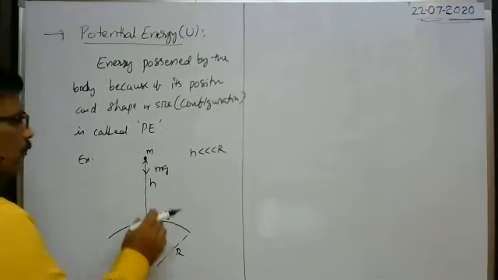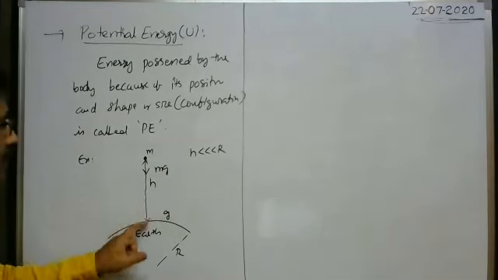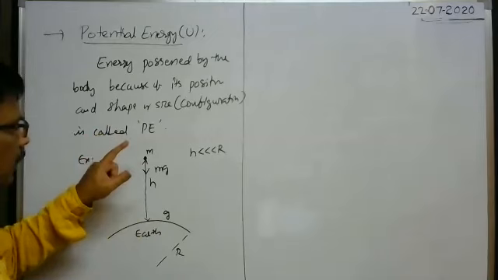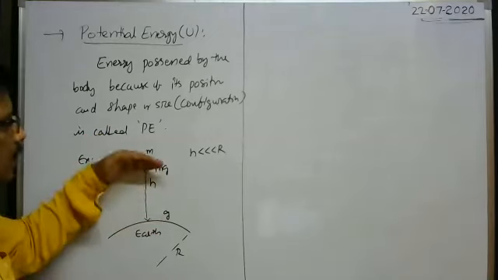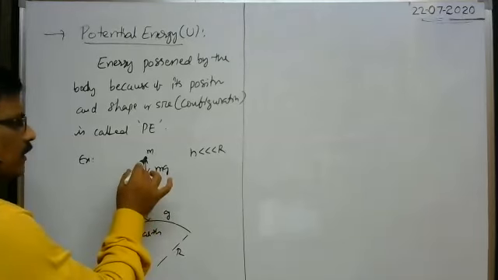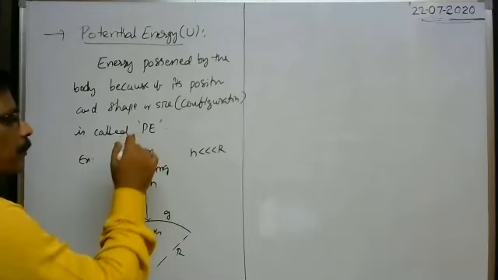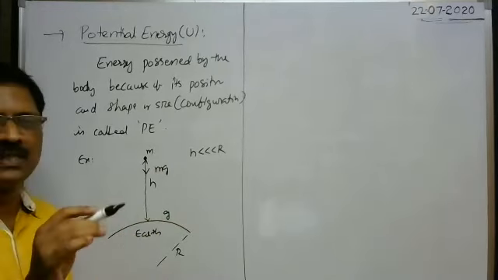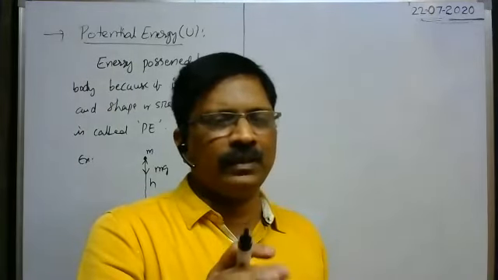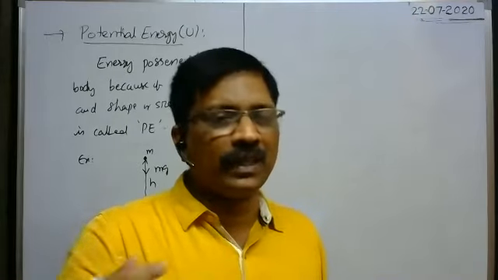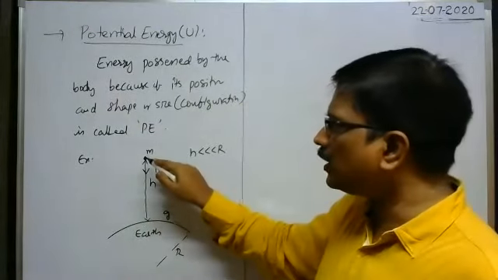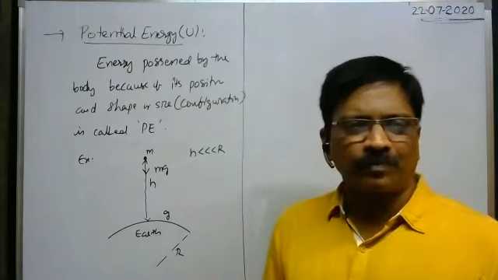So when the body is kept at a certain height, the earth attracts the body with a certain force, that is the action. According to Newton's third law, at the same time, this body also attracts the earth towards itself with the gravitational force of attraction. Whatever the force with which the earth attracts the body, the body also attracts the earth with the same force in the upward direction. The force is the same. Force is equal to mass into acceleration. As the mass of the earth is very, very large, the acceleration is very, very small and can be ignored, that means zero. Because of the gravitational force of attraction acting on the earth due to this particle, the earth cannot move towards it.